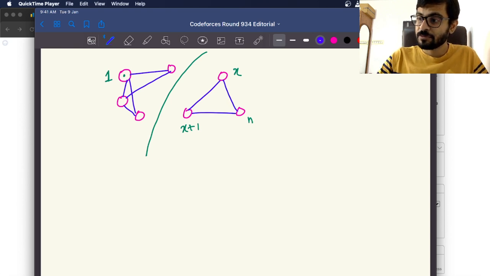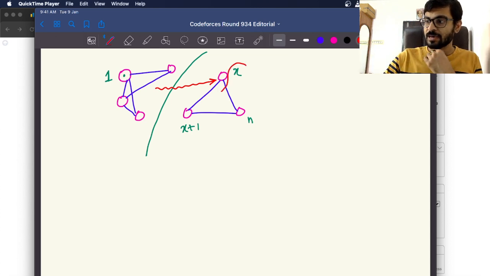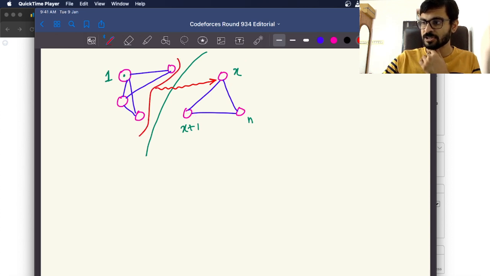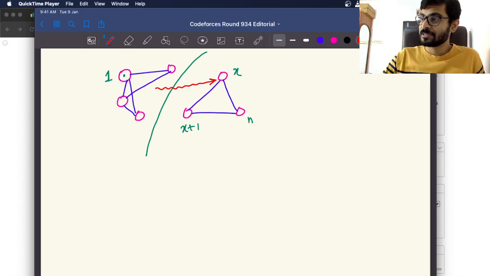So if you are not able to visit from 1 to a particular node X, that means there is no such path going from anything in the left to this X. There should be nothing like that. So when we say we are not able to visit a few nodes like X, X plus 1, up to N, that means they are all totally disconnected from these nodes which can be visited, which are in the area that can be visited. So how can we disconnect it? These are the possibilities: